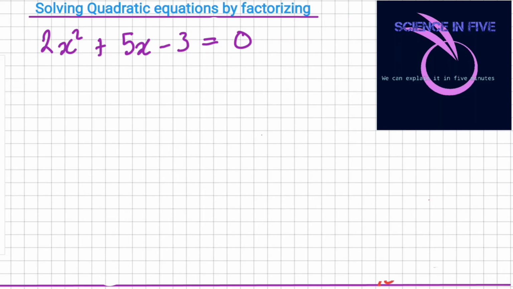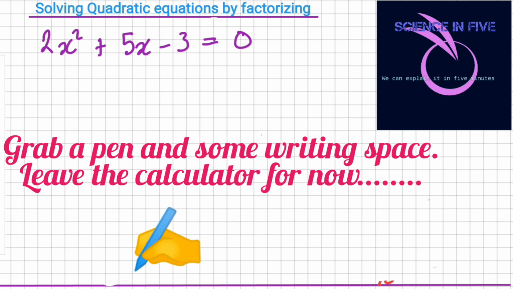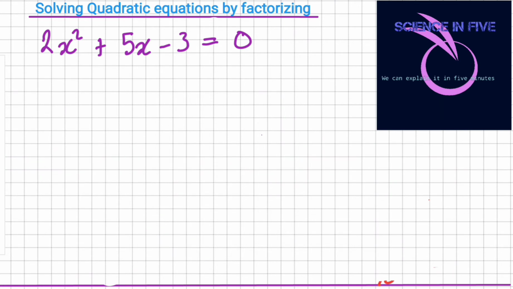In this video, we're going to talk about solving quadratic equations by factorizing, part 2. In the previous video, we looked at scenarios where the coefficient of x squared was 1. In this video, we're looking at scenarios where the coefficient of x squared is not equal to 1. How do we proceed? Well,